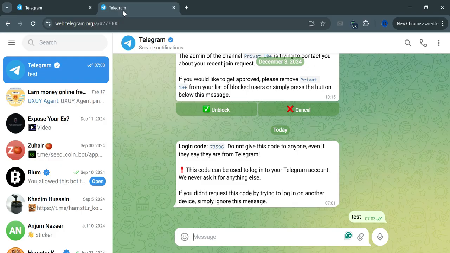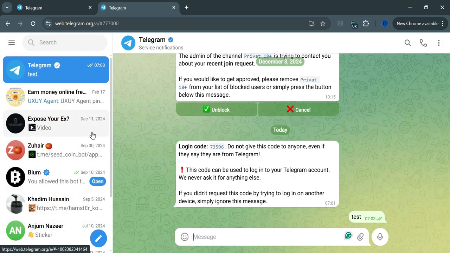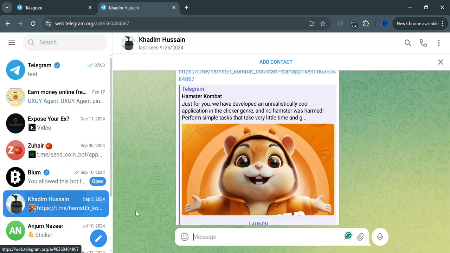If you want to log into your Telegram account, you have to open your account through the QR code. Then your account will be open on your web browser. So that's my account, and here on the left side you can see the chats of my different friends or the different platforms. Here you can do the settings as well, and if you want to chat with your friend, you simply need to open their chat and you can talk to them, like I say hello to my friend.